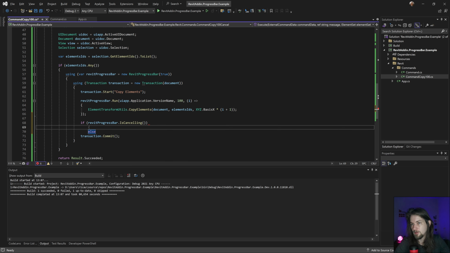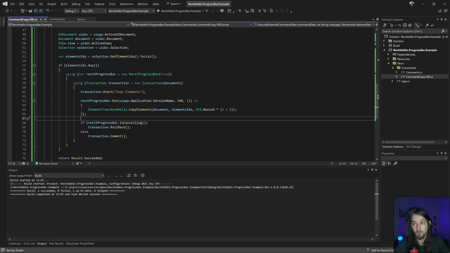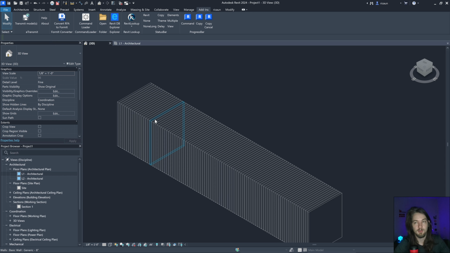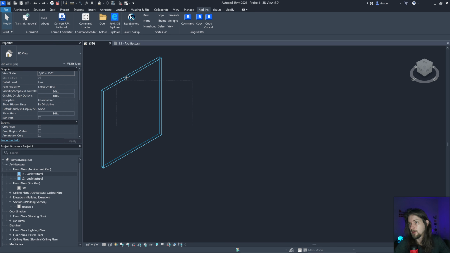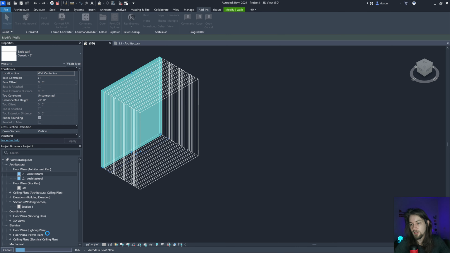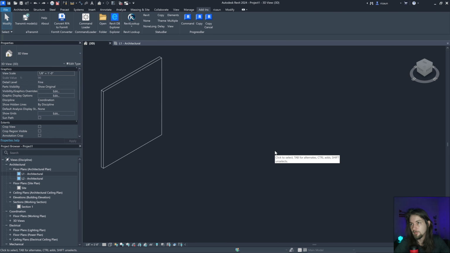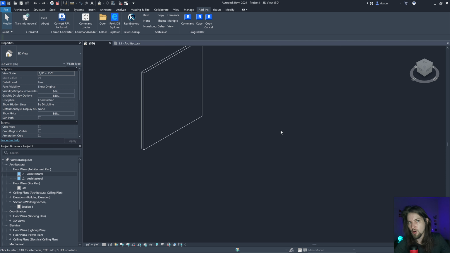I'm gonna add a transaction. That's rollback. Rollback, yes. Basically something like this. Yeah, it's not pretty, but it's gonna work. Great. Let's go back and try. Copy this. Let's cancel. And yeah, basically roll back all the copies.